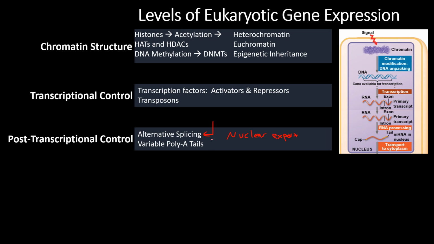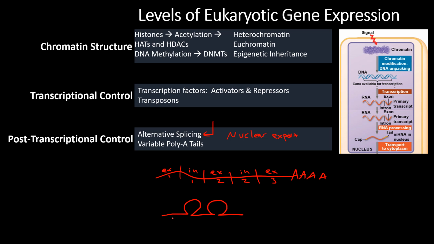So alternative splicing we talked about, right? That's the example where we have exon 1 and we have intron 1, we have exon 2, we have intron 2, we have exon 3. So we have these various regions here, and then we have our poly A tail. You can imagine one splicing would take out the first intron, the second intron, and so there's exon 1, 2, and 3. You can see how that would lead to a mature transcript that has exons 1, 2, and 3 on it with the poly A tail,